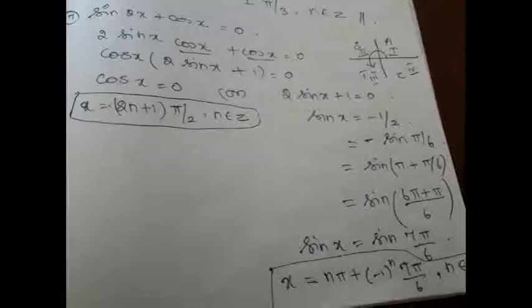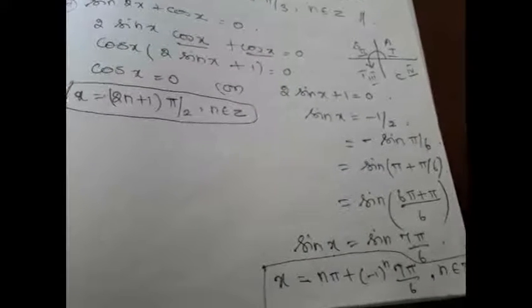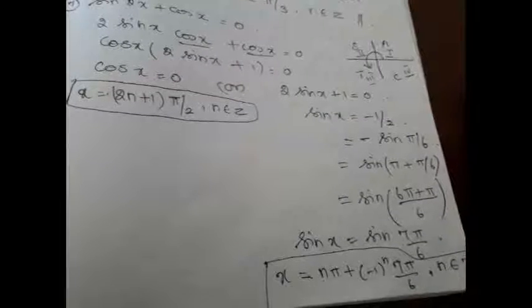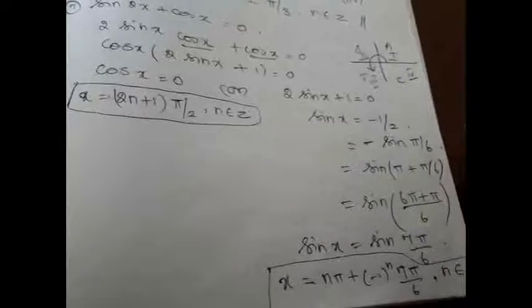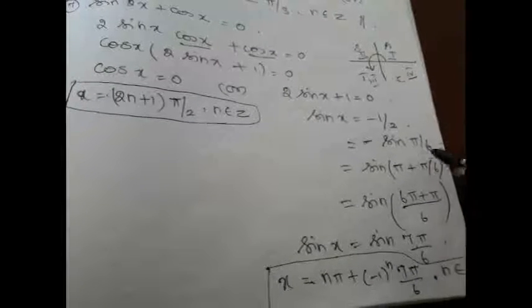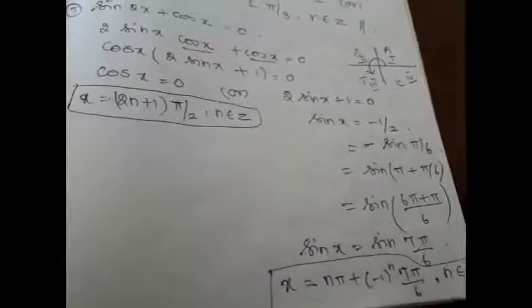Hope you understood. What we did, we just simplified the problem. For finding the solution you have to think carefully and then proceed, and you should try to bring it to the form of those three: sin x equal to sin y, cos x equal to cos y, or tan x equal to tan y, and then you should apply the general solution, right? And when you are finding this, again you have to be careful. When it is negative, we know in two quadrants it will be negative, and accordingly you can rewrite the angle in terms of pi, because only in terms of pi the trigonometric ratio will remain as such, only the sign will change.